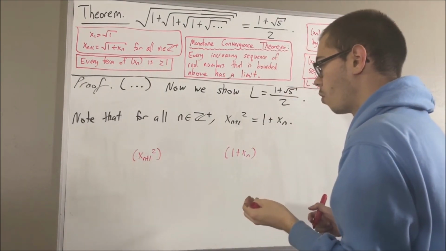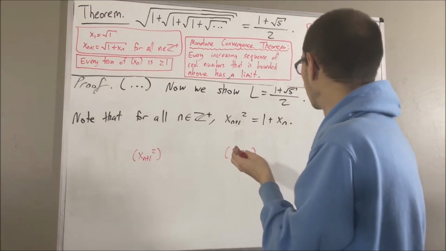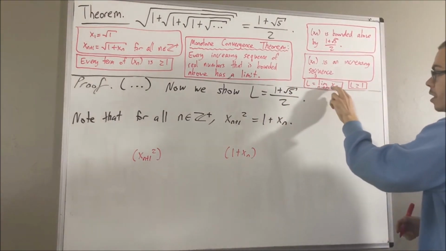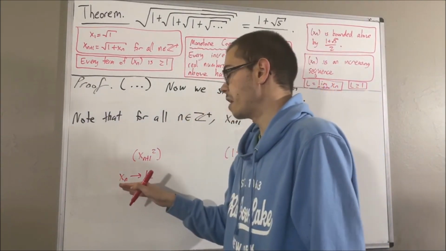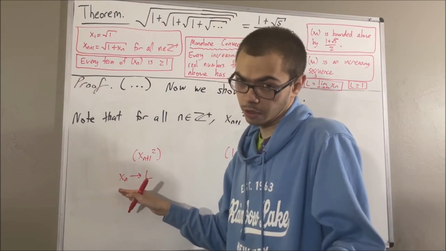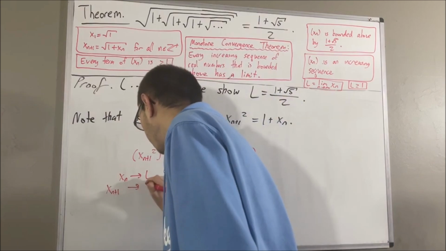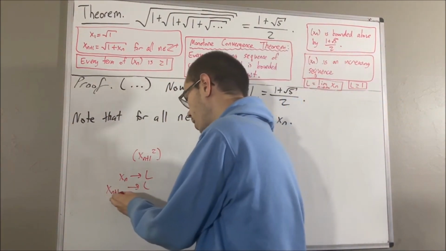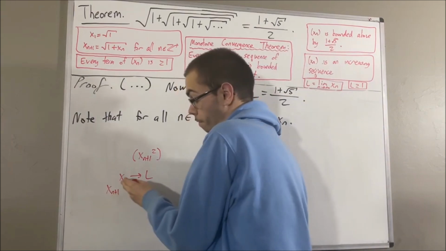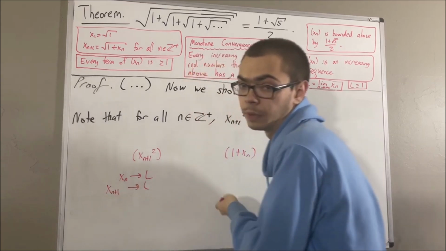So then what do these sequences converge to? Well, let's note, we know that x_n converges to L. A property of limits tells us that every tail of the sequence x_n will also converge to L. So in particular, the sequence x_{n+1} will also converge to L. In fact, you can think of x_{n+1} as though we basically just removed the first term from our original sequence. So as you can imagine, the end behavior will be the same.